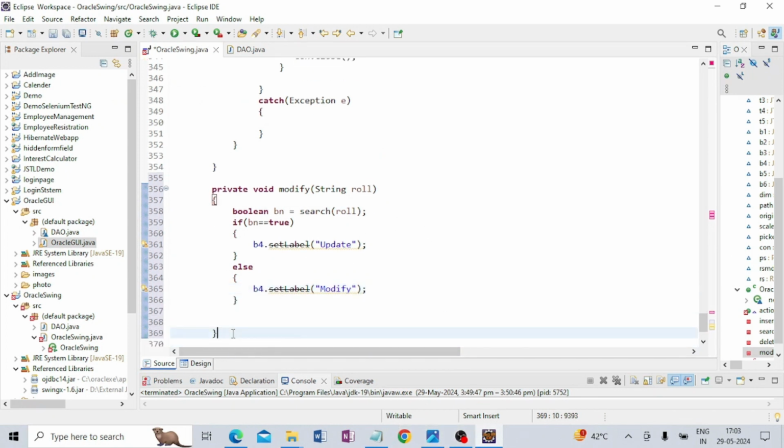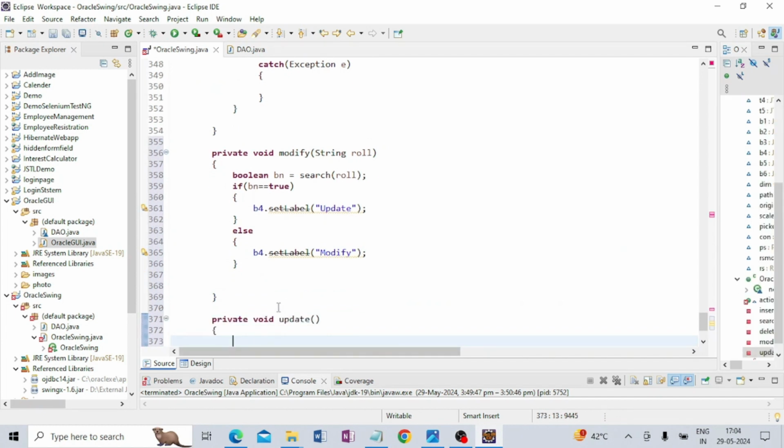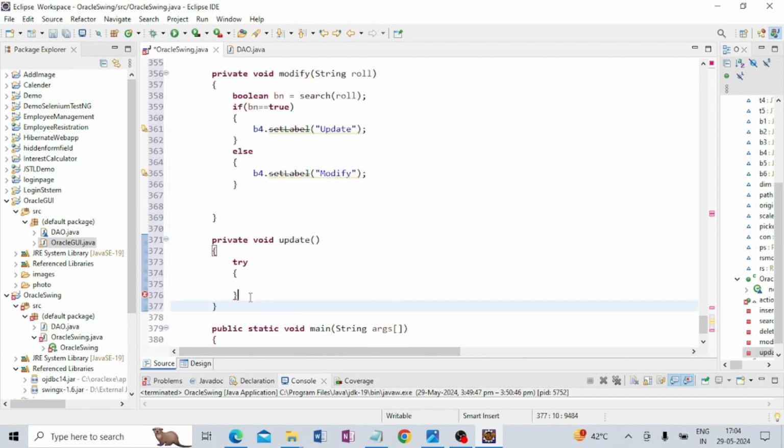And now I am going to write here public void update. Here I am going to use try and catch, try block and catch block. In the catch block I will write Exception e and the error message is System.out.print e. In the try block I will write